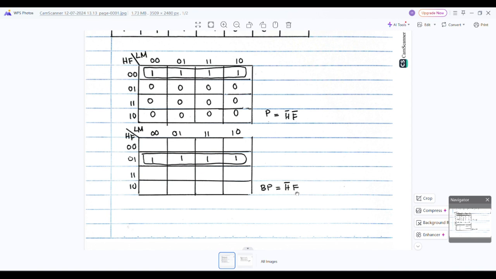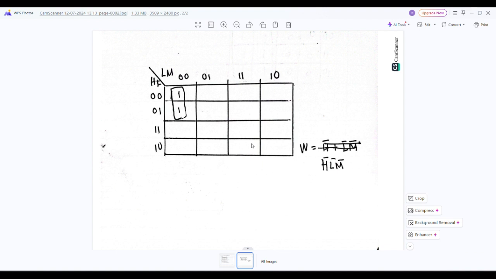and then we will get H bar F, because H is 0, F is 1. So H bar F is 1. L and M don't need to be typed because they are changing. Cool. So for the W, we only have two values, 0000 and 0100. So we only group these two, and then we will see that only 0 and 1 is changing. So we don't need to put the F. We only need to put the H, L and M. So H is bar, L is bar, M is bar, and like this is the SOP. So we need to connect it with the N.